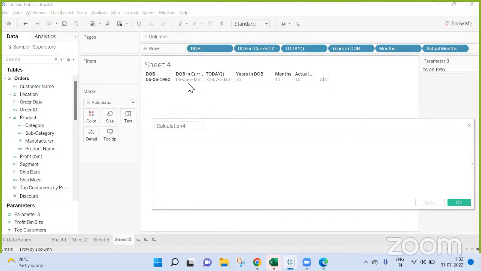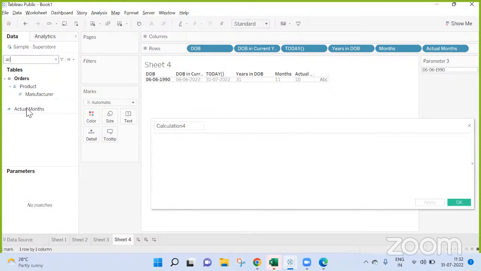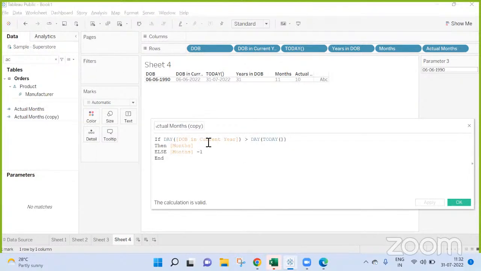Now here, if this month's actual months, let me open actual months, let me duplicate this and edit this. So if this is the case, if day of this current year is greater than the day of today, then we got months, we even got months.